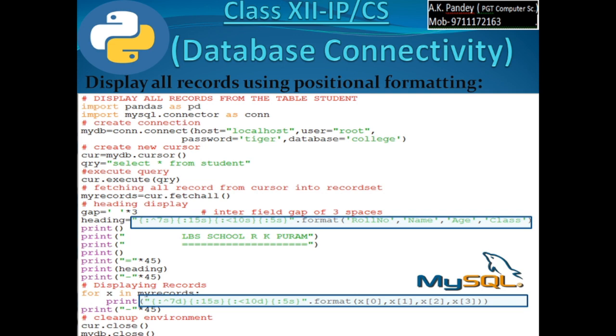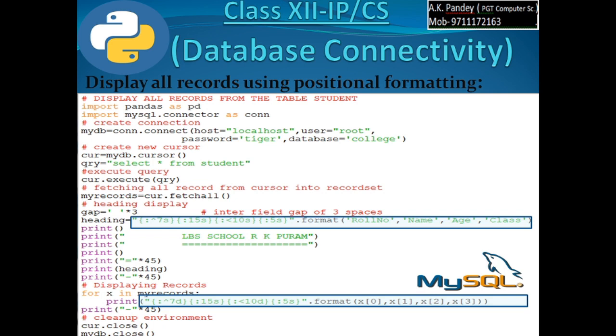So the rest of the coding is the same, although this format function I am not going to discuss in detail here. You can just see the view, you will yourself understand how it is appearing due to the format function.